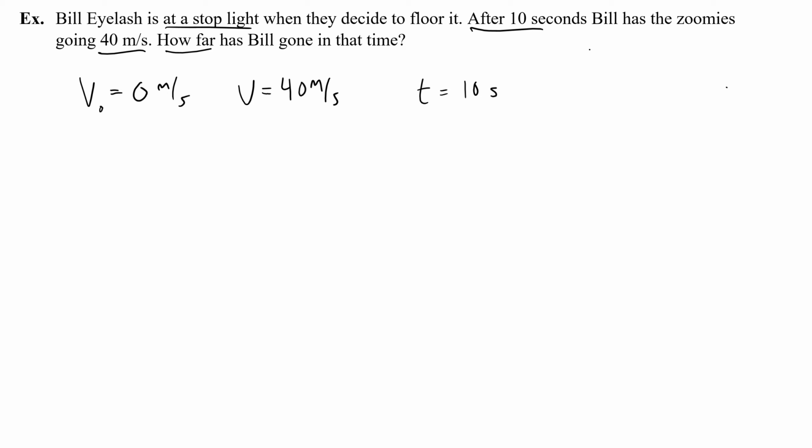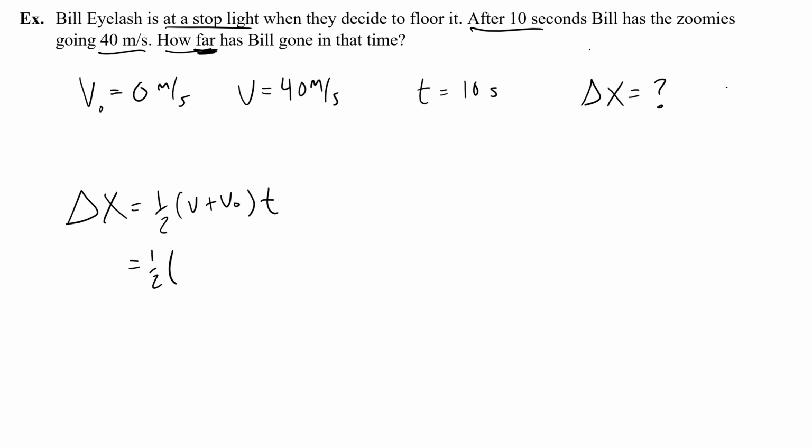So to me, that means find delta x, the displacement. And if delta x happens to be negative, the far means just ignore that negative and give me the number of that displacement. We'll see if that matters after this problem is over. Okay, so now I have v naught, v, t, and delta x, and I can use this equation that we just derived. Half of 40